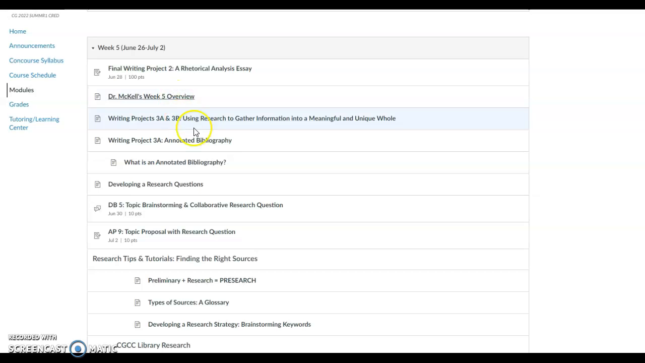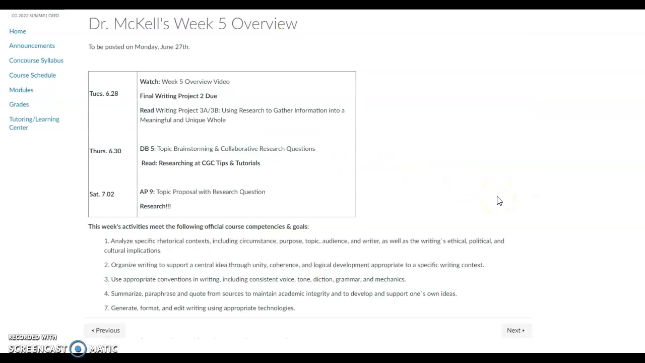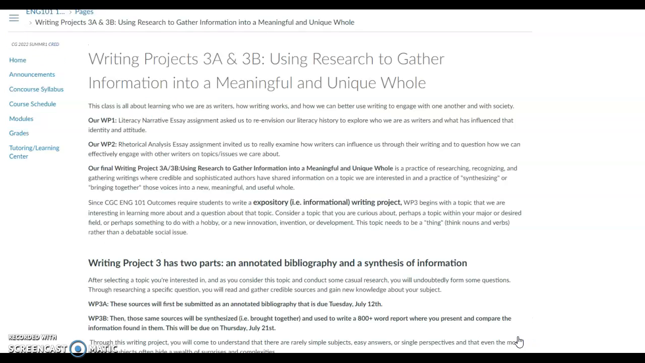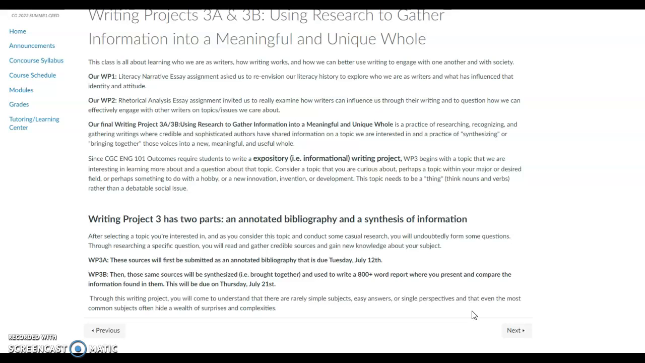So I'm just going to start right here because that's where you're finding this video, and read over this overview of the writing project 3A and 3B. So this is the whole picture. We are going to be working towards writing an expository research essay. In English 101, the criteria or even the course description at Chandler Gilbert is this class is devoted to learning how to